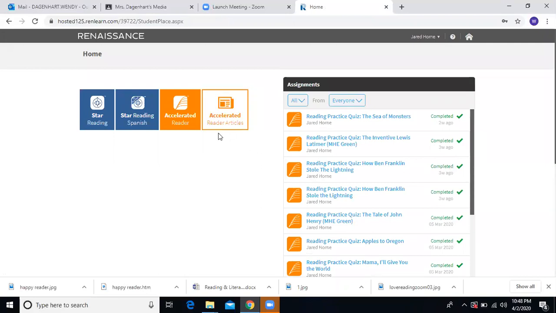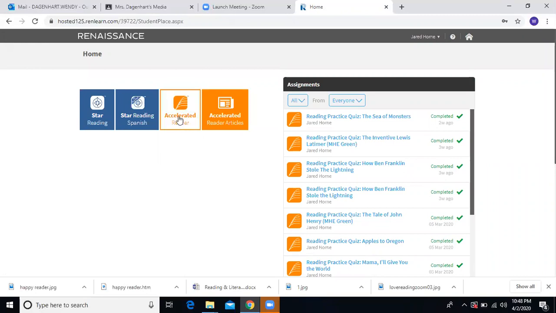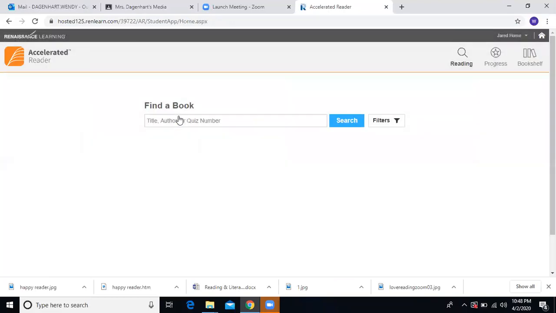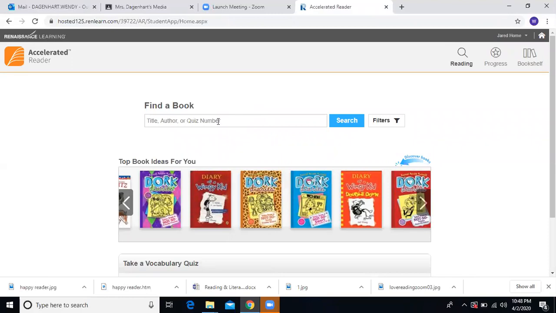If you want to take a quiz on a test that you've read, you make sure you click on the orange Accelerated Reader button. Once you open up that, it's going to let you search for the book that you want to take a test on. The easiest way to find the book is with the quiz number, and I have those on a lot of our library books on the front bottom left hand corner on the front of the book cover. Unfortunately, I know some of you are taking ebooks and other books that you have at home. If you want the quiz number, or you're not even sure if it's an Accelerated Reader quiz,